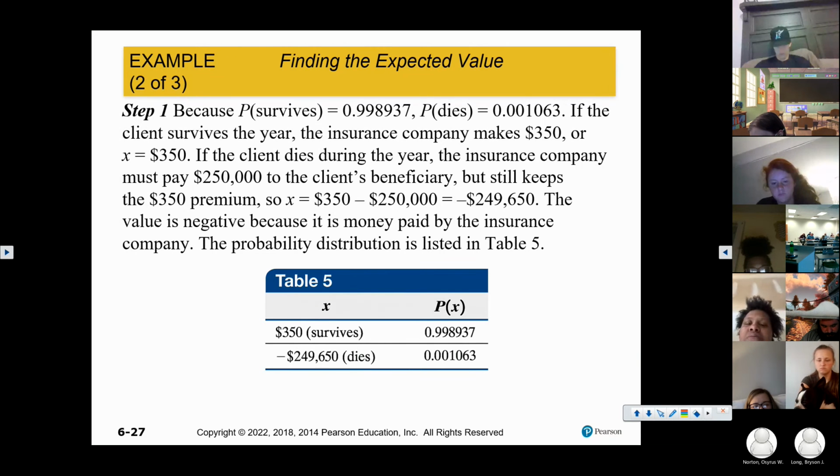Now you just multiply them and add them up. If you get a positive, that means that the insurance company is making a profit. Write that down. If you get a positive, that means the insurance company is,